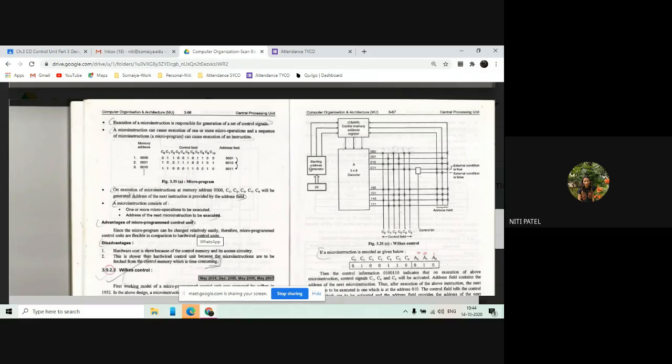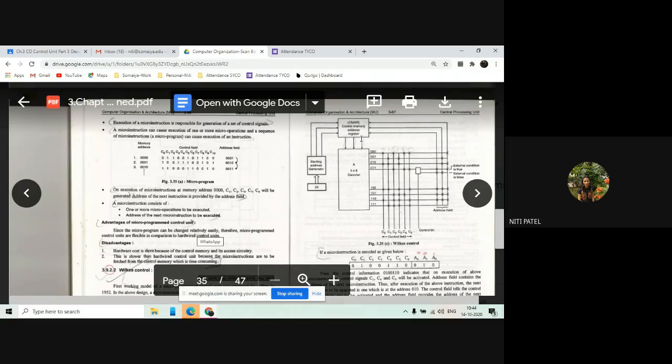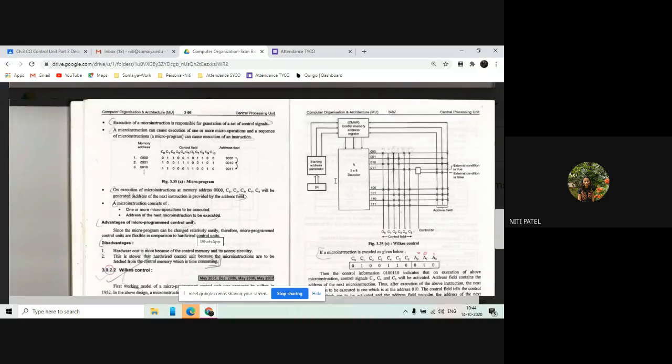Who will generate that address? This starting address generator. किसको देगा? It will give this to the control memory address register. Control memory address register किसको देगा? 3:8 decoder को. What is the meaning of 3:8? 3 inputs, 8 outputs. Can you see 3 inputs written on each and every line? 000, 001, 010, 011, 100, 101, 110, and 111. Can you see that?